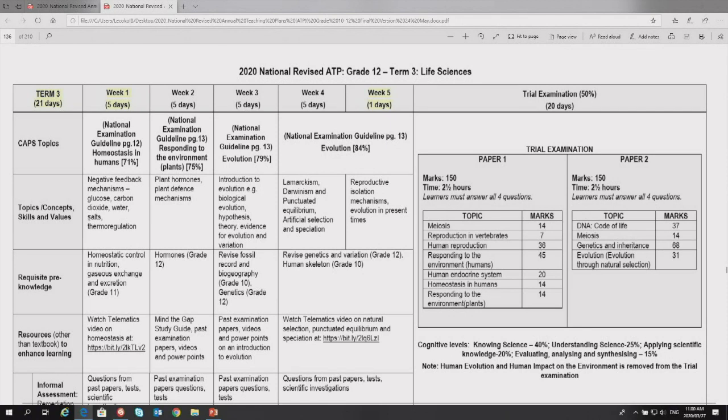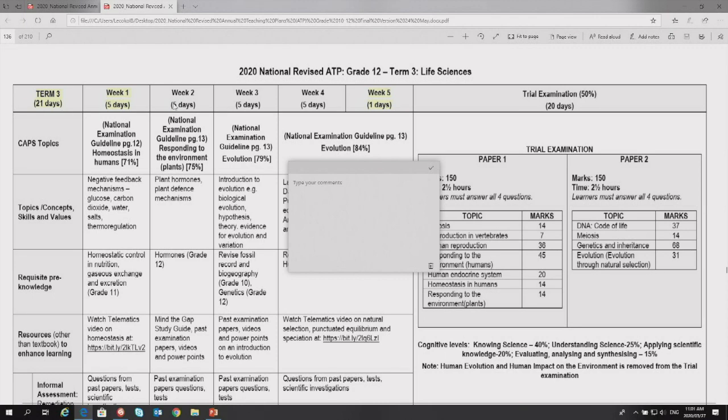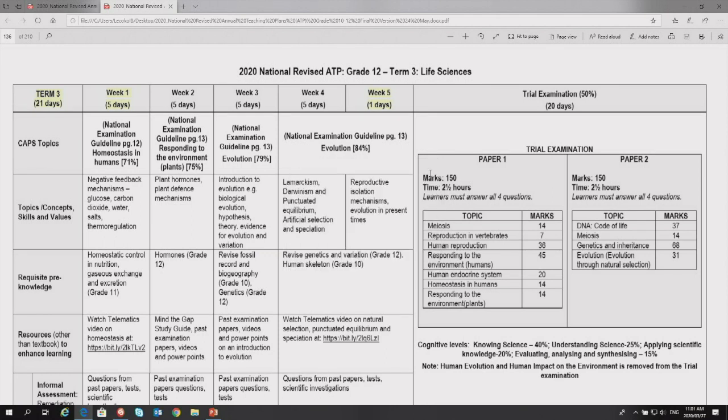Term 3. Remember, we said it started in August, beginning of August, and then when you count your days, we didn't add dates to the weeks because it can really confuse people, and when you fall behind a little bit or when you gain weeks, then that wouldn't make sense. So we kept just to the titles of the weeks, 1, 2, 3, 4, etc.